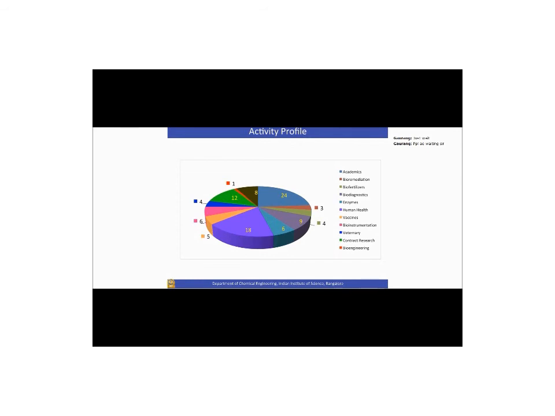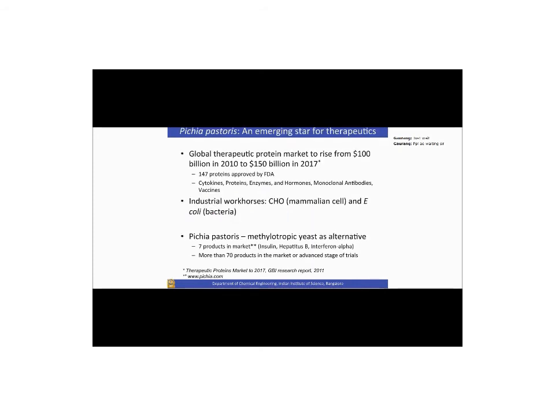Today I'm going to talk about one application in the area of human health, which deals with our effort of producing therapeutic proteins using a microorganism, Pichia pastoris. Pichia is considered an emerging star for making a host of therapeutics. Now, if you look at the global therapeutic protein market,